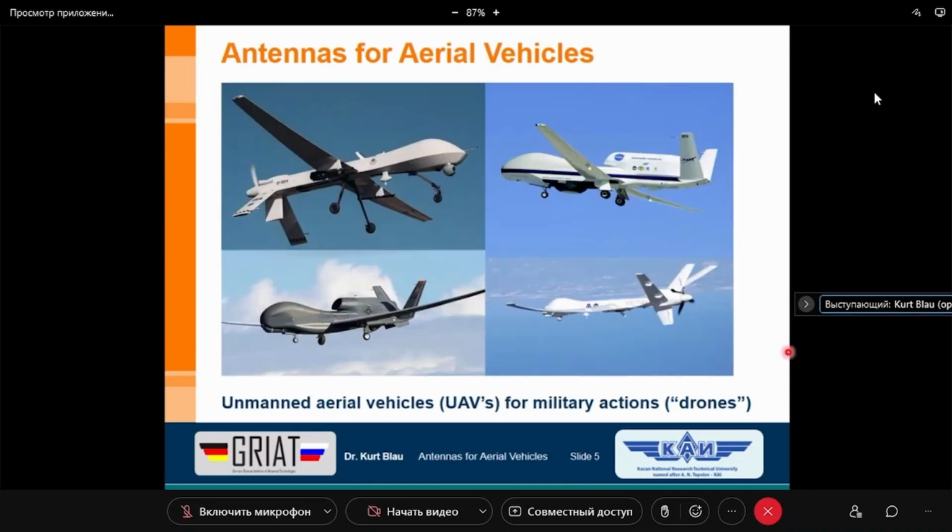Here we have a very new type of aerial vehicles, the so-called drones. Here I show only unmanned aerial vehicles for military actions, but such drones are also available for a lot of civilian applications, for measurements of the surface of the Earth, for architects to measure the area where a large building complex should be established and so on,